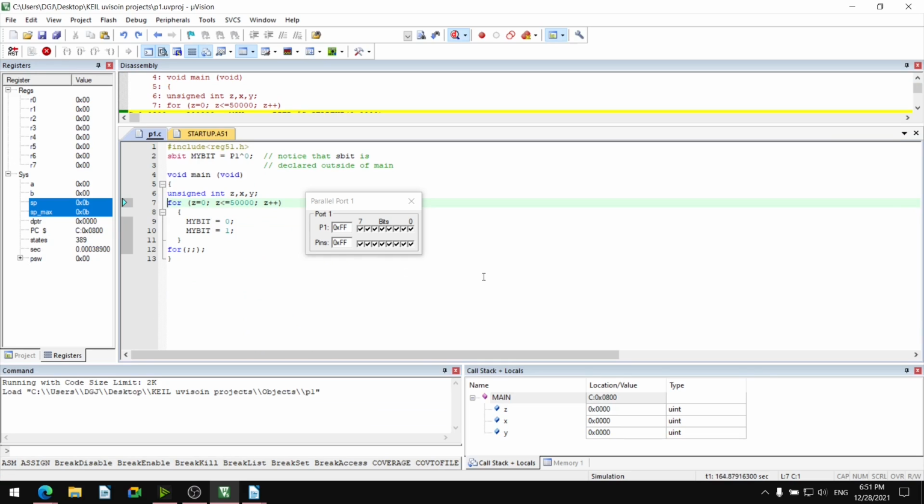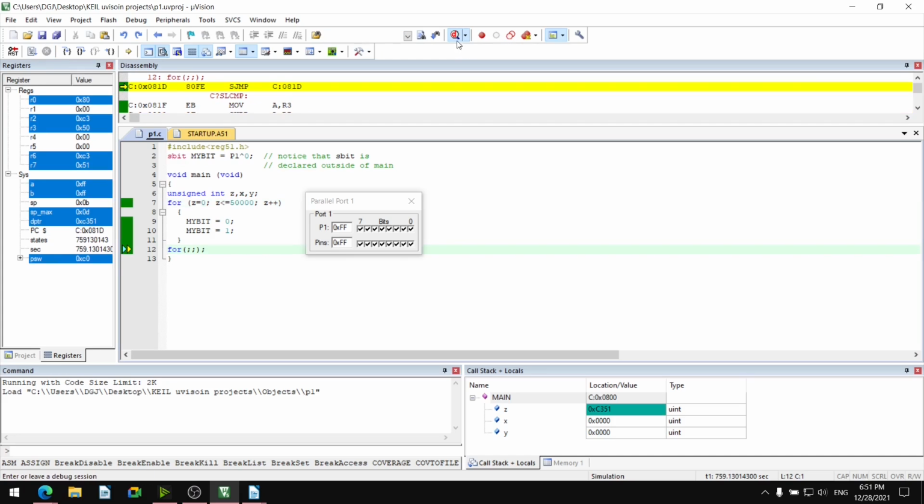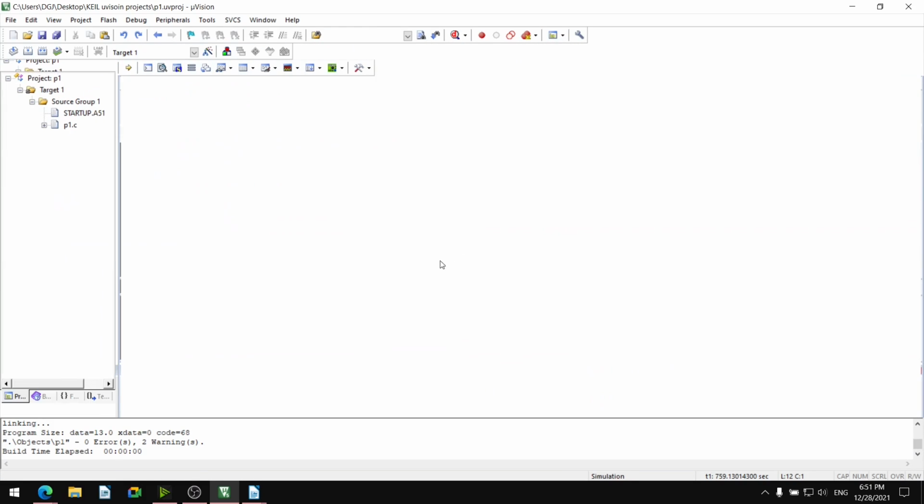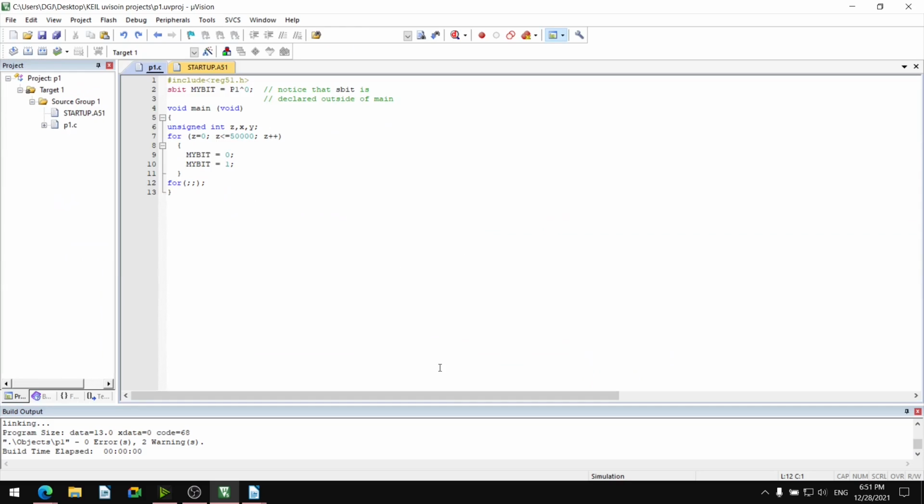So we cannot observe it. It just executed 50,000 times. To observe that, okay, to observe that, I will stop the execution, I will stop the debug session. To observe that, we have to